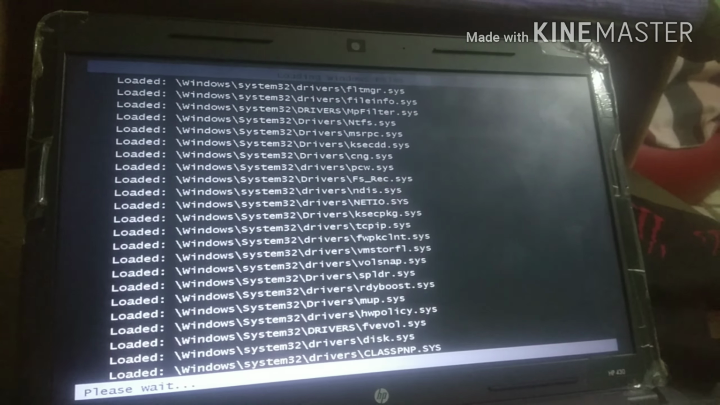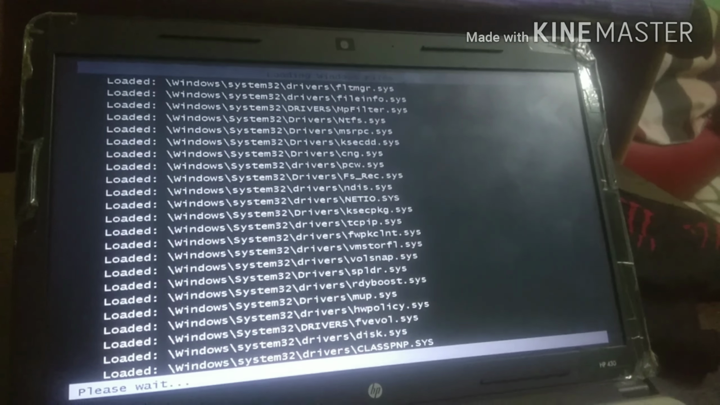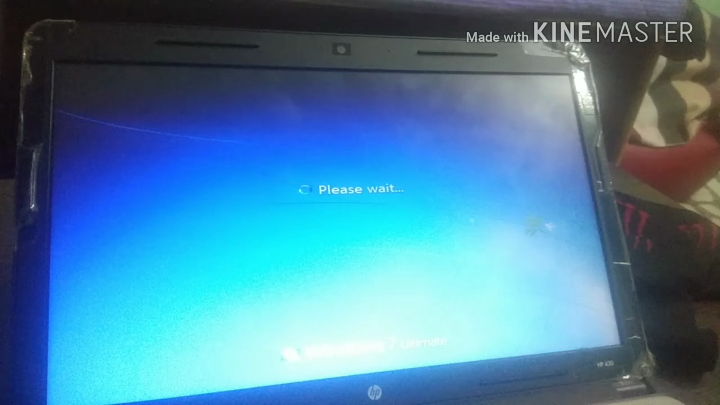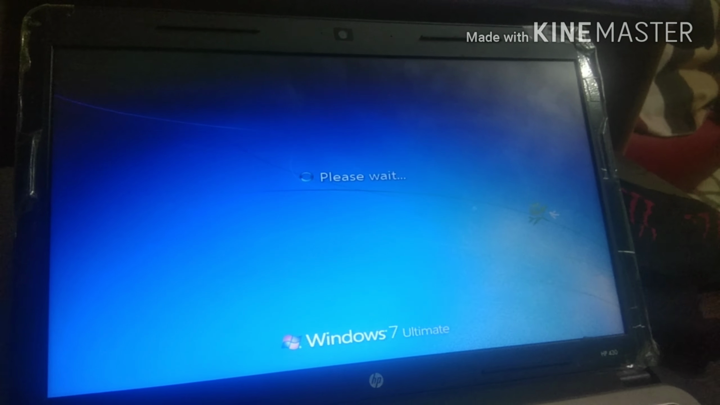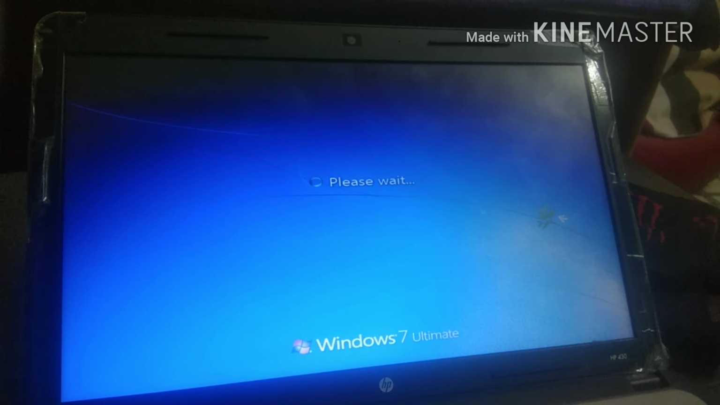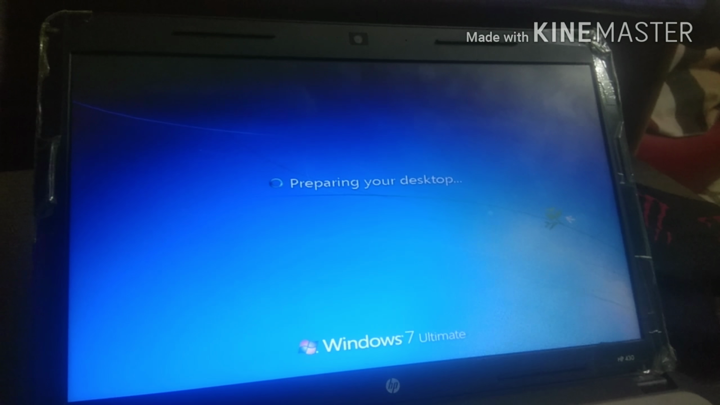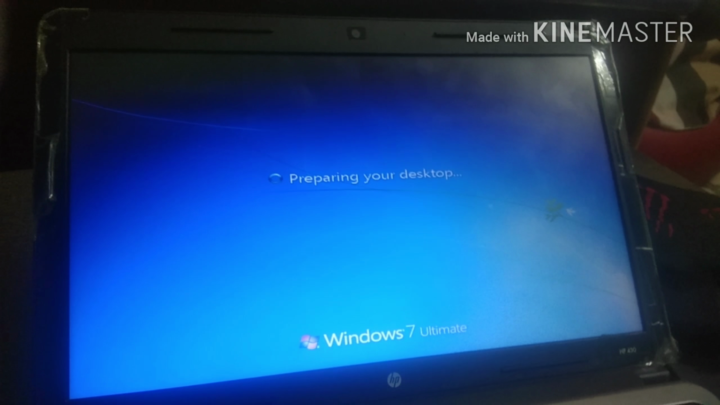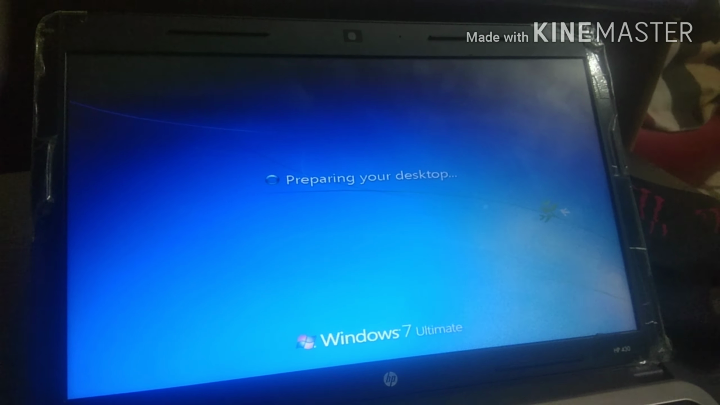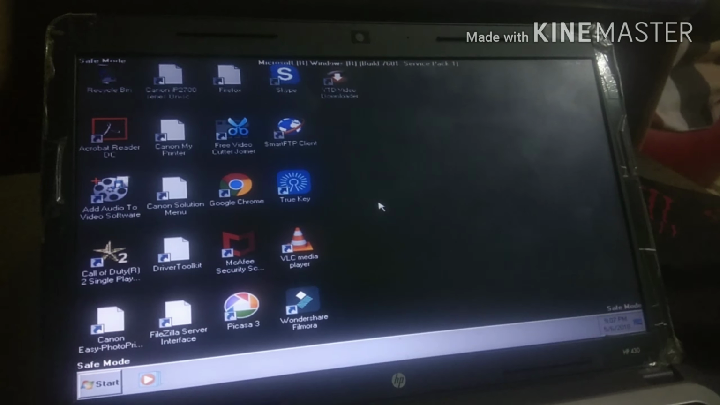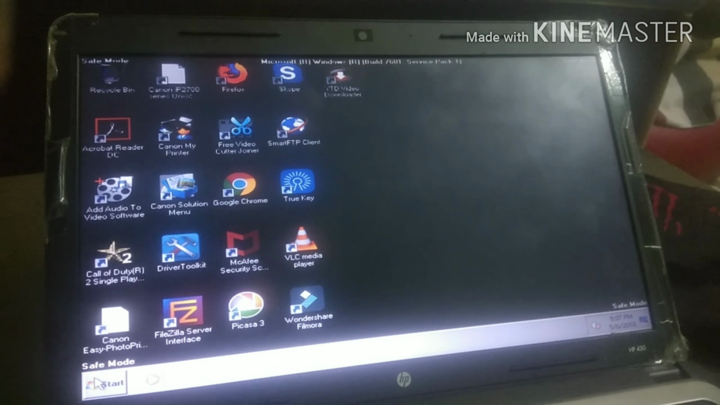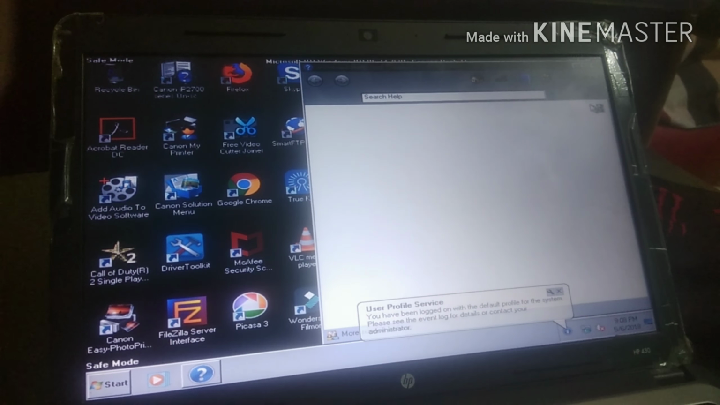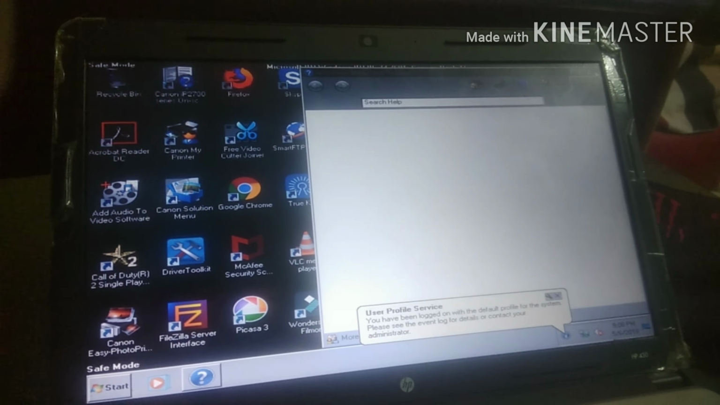You need to wait for a while, and it will redirect to the safe mode option. Preparing your desktop, and it will redirect to safe mode. What you need to do is cancel this message, Windows Help and Support,